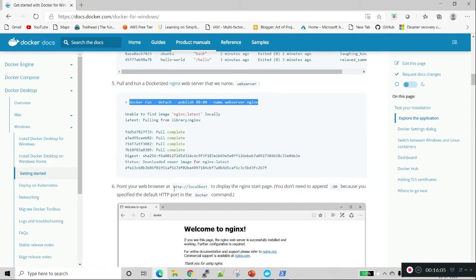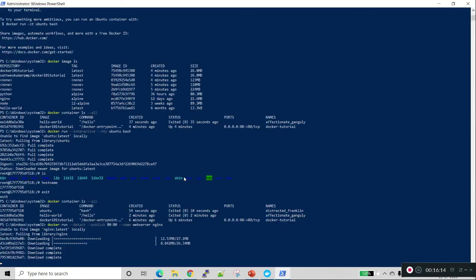Hopefully we will not get that welcome page, because we are already running the Hello World on port 80. So we need to stop the Hello World. I will provide a demo of how to do that. Using the script we can do it, otherwise we can go to Docker and stop and start. It's completed.